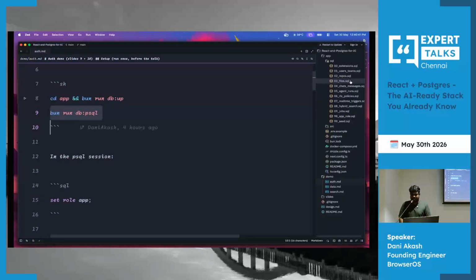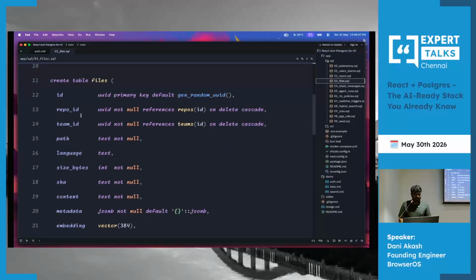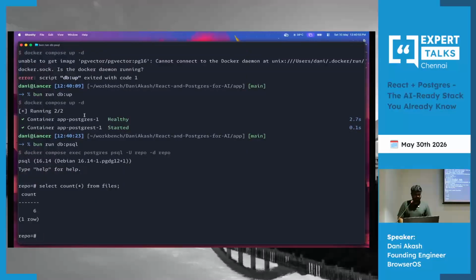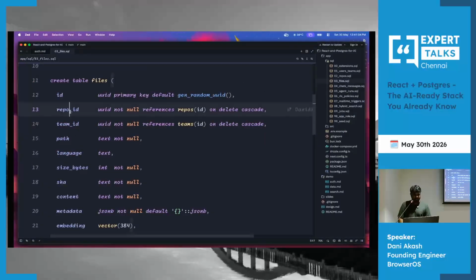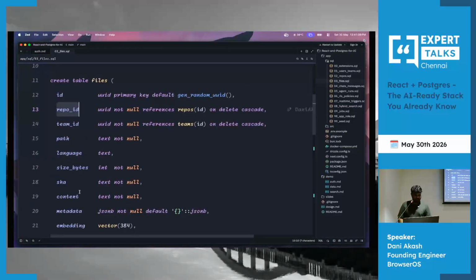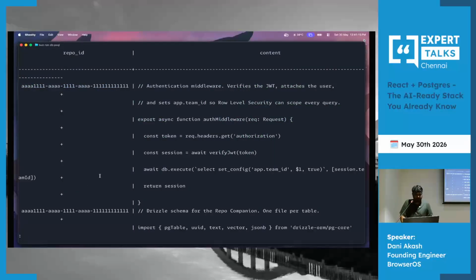And within this, I have the files table. So this is my files table and it has certain columns. So let me just select this first. Select count star from files. You can see it has 6 rows. Let me also select some columns: repo ID, content from files. So you can see it has some repo ID, and content is just like a set of